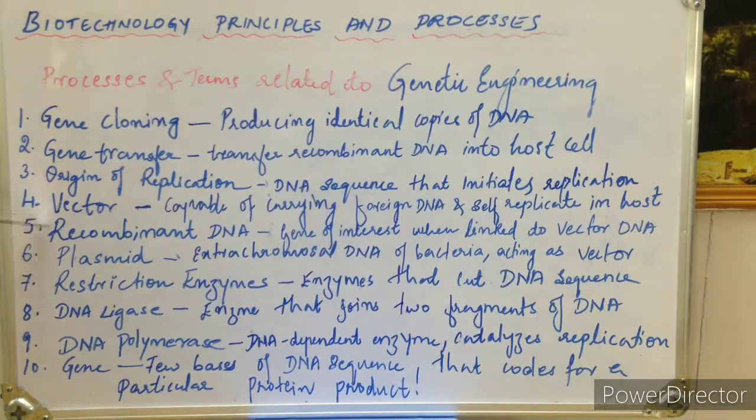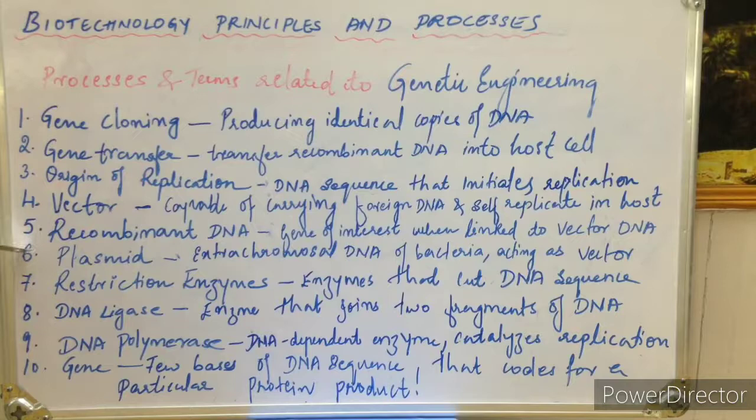So linking of alien piece of DNA or the foreign DNA or the gene of interest to the vector DNA makes up a new combination of the circular replicating DNA which is created in the laboratory, that is in vitro, and that is known as recombinant DNA, right? See, we are combining two different DNAs. One is vector DNA and one more is a gene of interest or the foreign DNA which is not of the host organism. So together it is forming a new combination which is known as recombinant DNA.